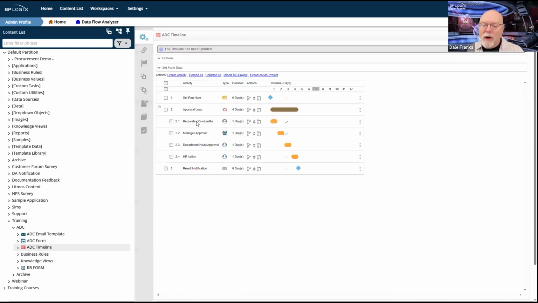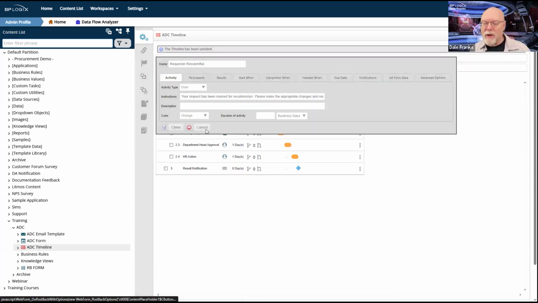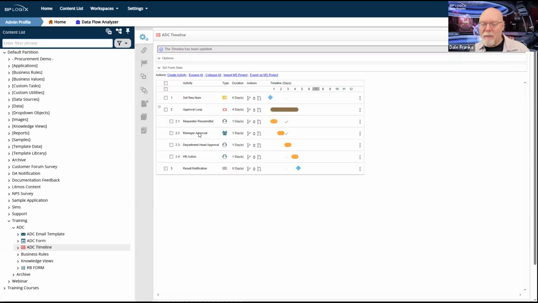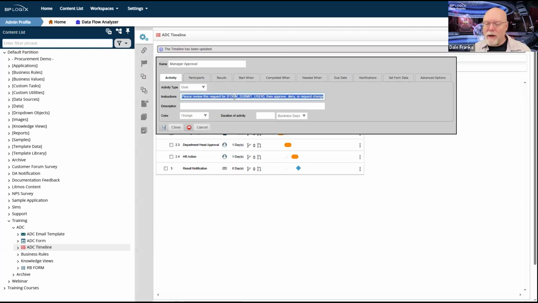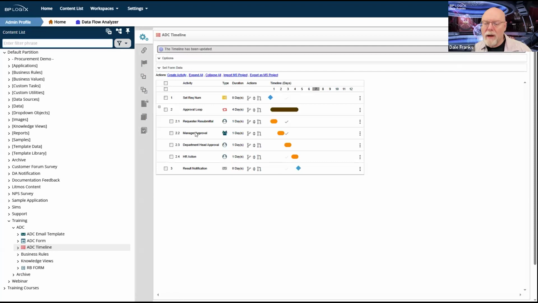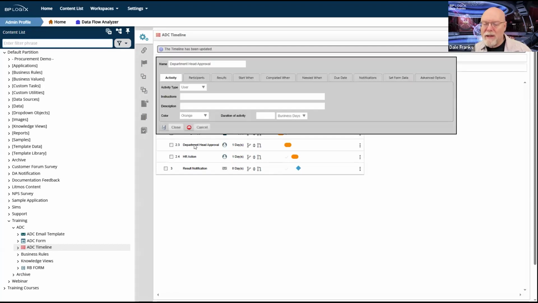I am going to go into manager approval, and I am going to copy these instructions, and I'm just going to go ahead and paste them into department head approval. Great. So it basically says the same thing. Please review this request for whoever submits the form, then approve, deny, or request changes.